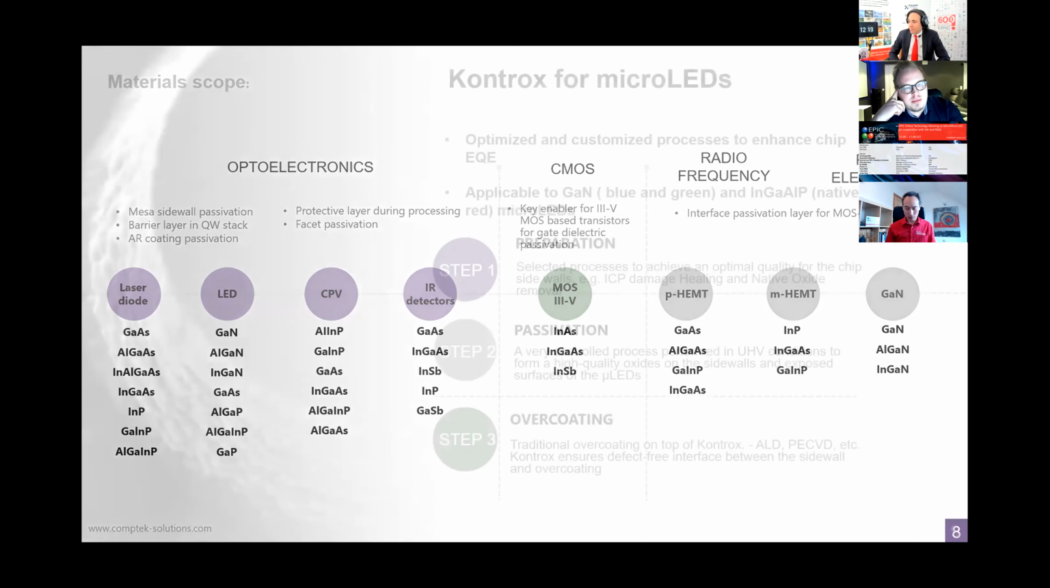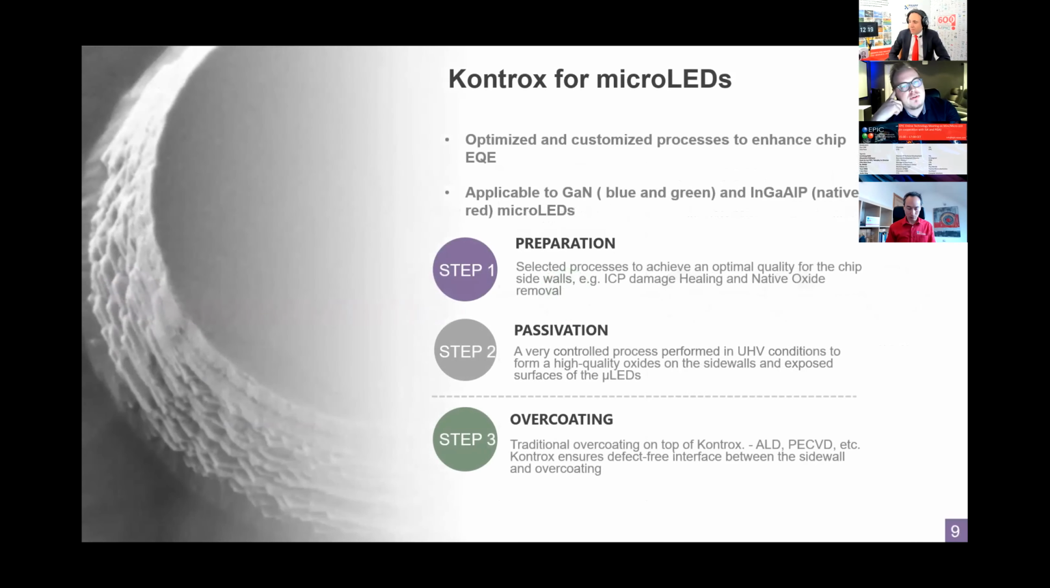So what can we do for micro LEDs? We have a process ready for gallium nitride based blue and green devices, but also for a native red color device, which is indium gallium aluminum phosphide. Normally how we do this is, like I said, there might be some existing damage from the processes done by the ICP. So we do a preparation step where we heal the semiconductor, revealing the fresh semiconductor by our methods, and then we do our passivation step in a very controlled environment where we can achieve very good